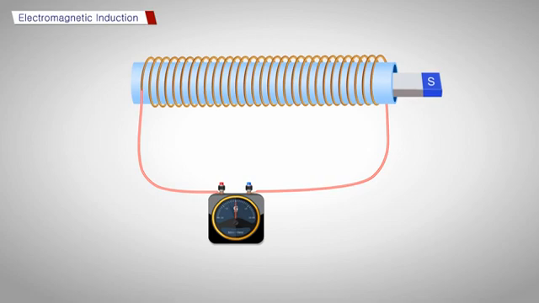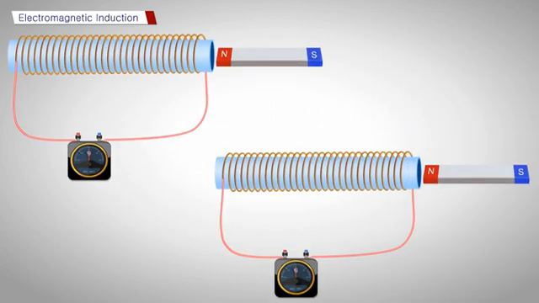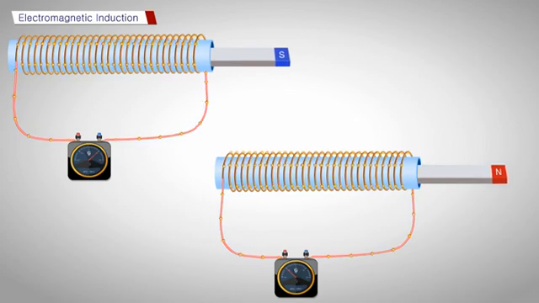Now, start moving the magnet in the opposite direction. We notice that the galvanometer again deflects, but in the opposite direction. This shows that the direction of the movement of the magnet affects the direction of the electric current. Now, change the position of the magnet. Start moving the south pole of the bar magnet towards one side of the coil and observe the deflection in the galvanometer. The deflections in the galvanometer would just be the opposite of the previous case.